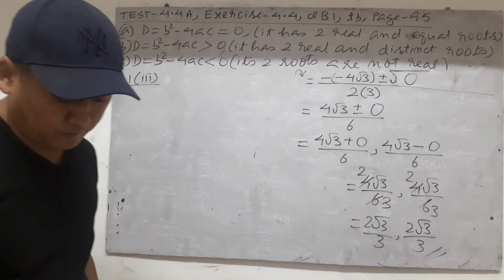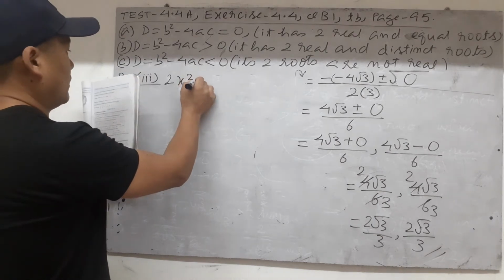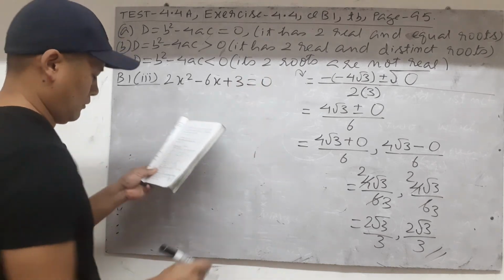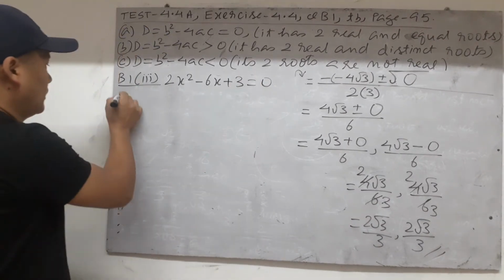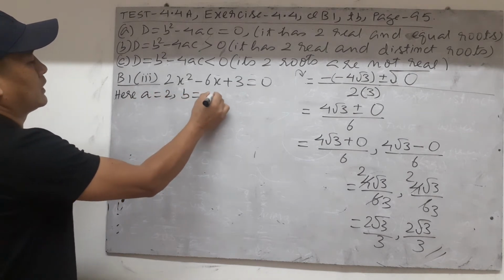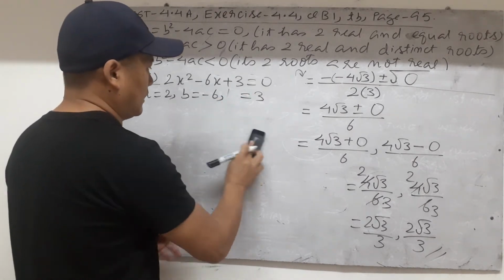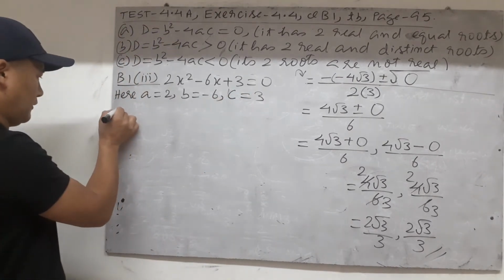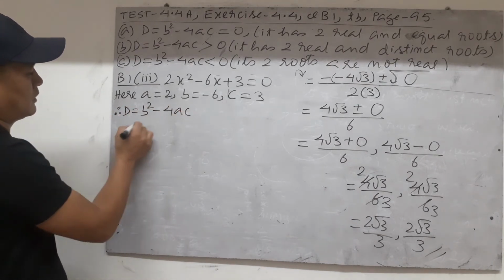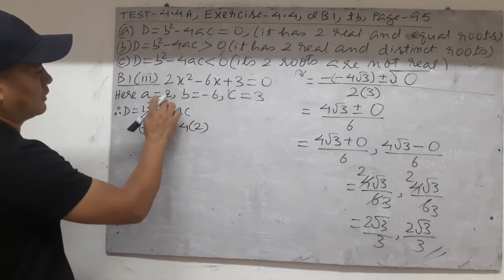Here, the given equation is 2x square minus 6x plus 3 equal to 0. So here we have a value equal to 2, b value equal to minus 6, c value is 3. So write it as such. Then we have to find this d value, which is equal to b square minus 4ac, is equal to b is minus 6, the whole thing square, minus 4 into a into c,